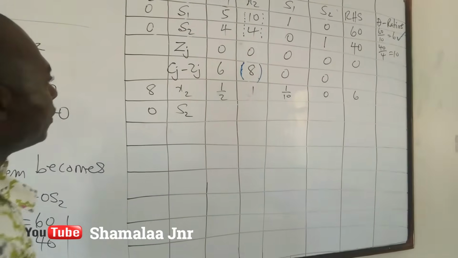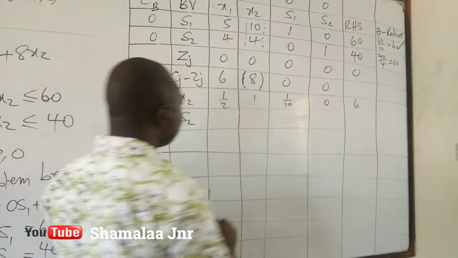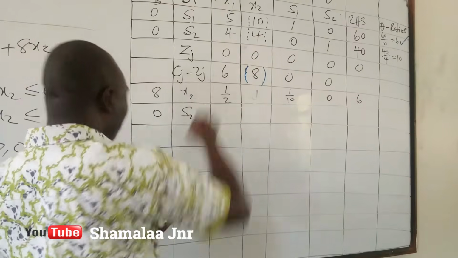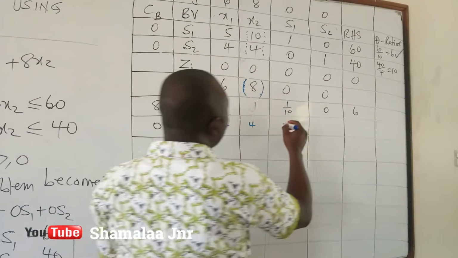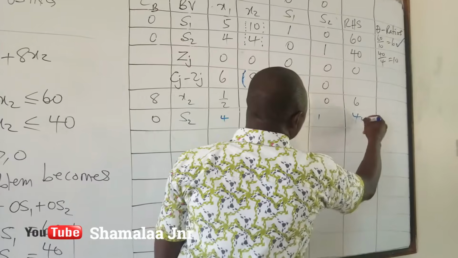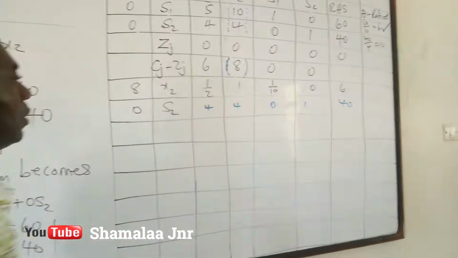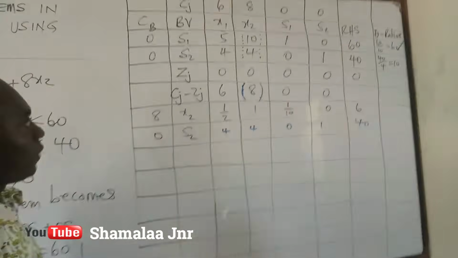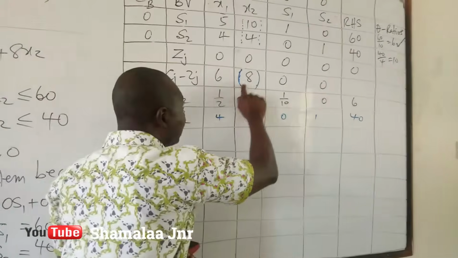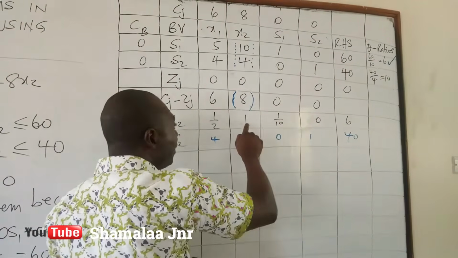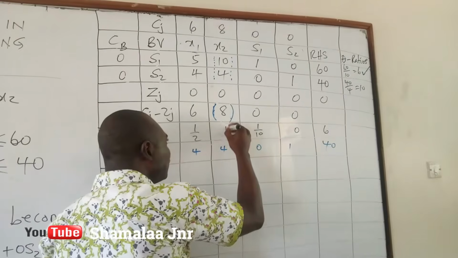Now, the next one. Because this is 1, look at S2. These were the values of S2. We had 4, 0, 1, 40. These are the old values of S2. Now look on the board. Still, this number was bracketed, and we concentrated on this. We had this to be 1. Because this is 1,